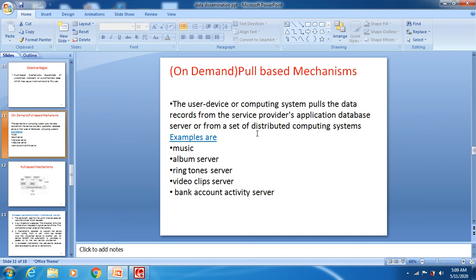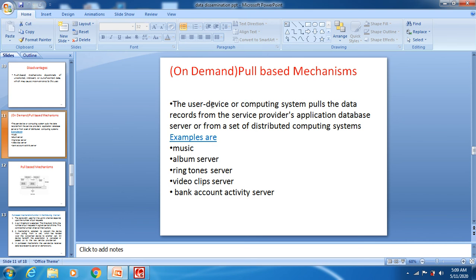Whenever the client sends a request to the server, the server will respond to that particular request. So this is what happens in client server computing, and the same thing happens here also. Here the user device or mobile device client wants to pull the data from the service, and only then will the server distribute the data to the client.